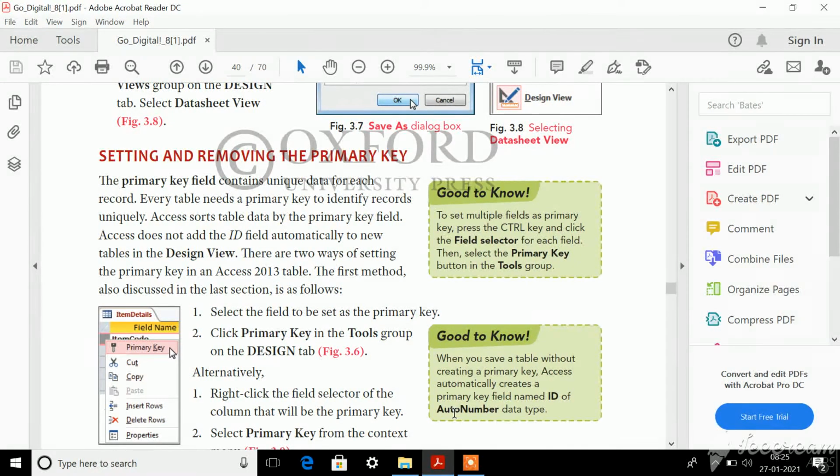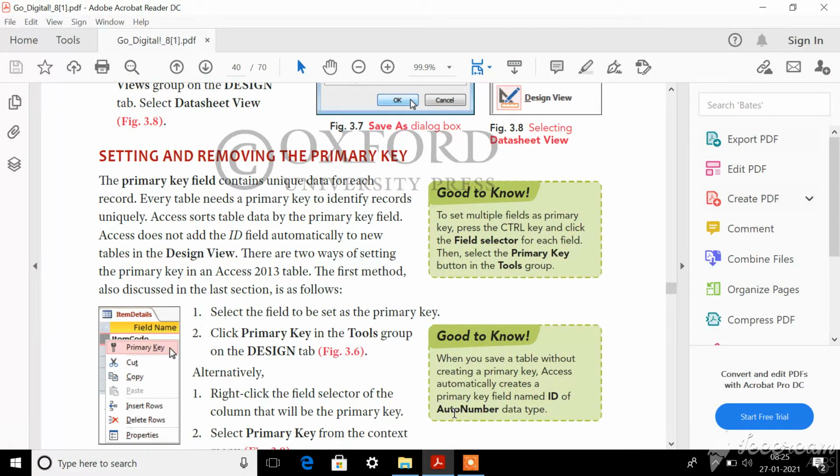For example, if you take a student database, in a school they'll be having a student database. In the student database they'll have the student's registration number, name, address and telephone number. All these details they'll be entering in the students database.